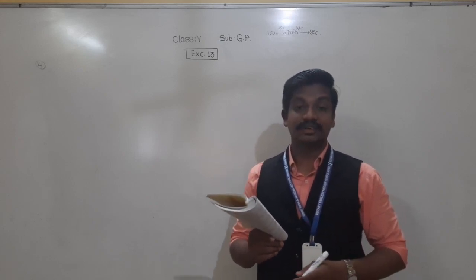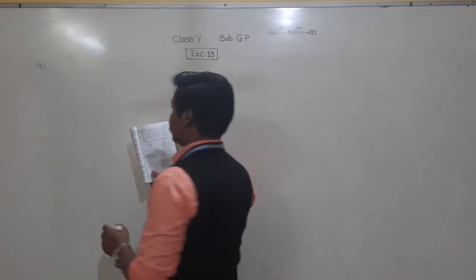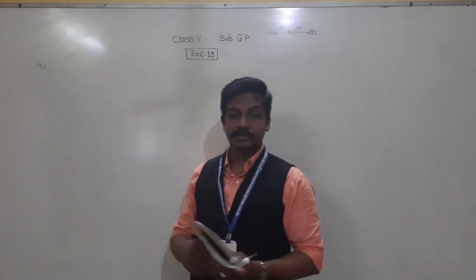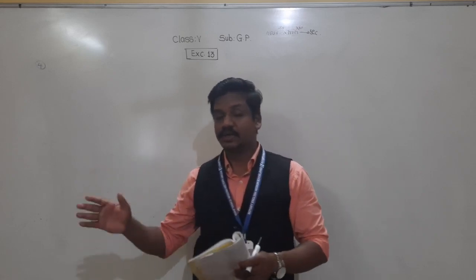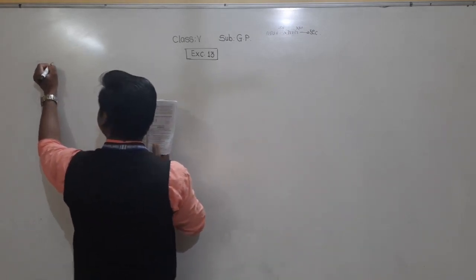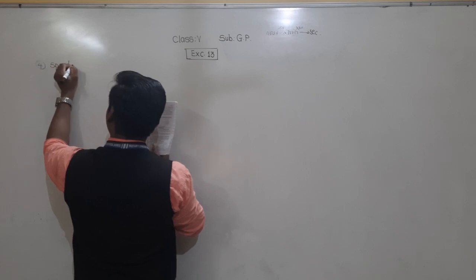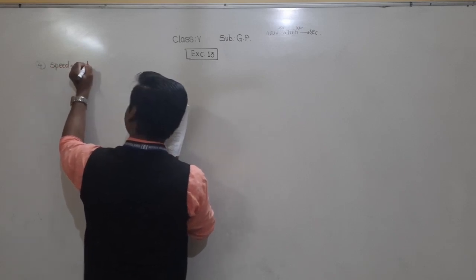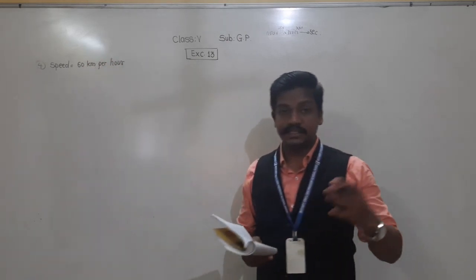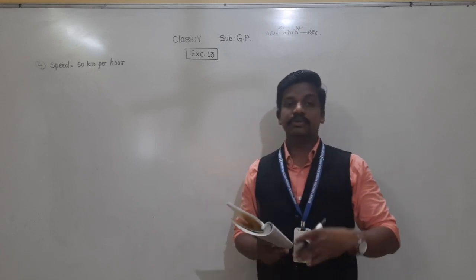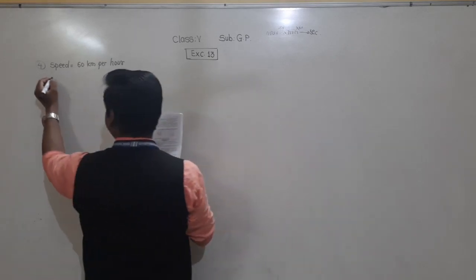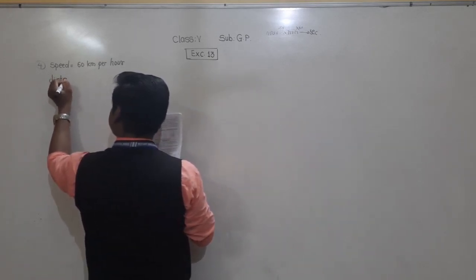When did he reach the other town? So see here what is given in this problem. This is actually a problem of speed, distance and time. Okay. So this concept of speed, distance and time we have not learned yet. Even though I'll tell you the formula, we will find it. Okay. So see what is given. Speed is given. What is that? 60 km per hour. Okay. And distance is also given. Distance from his town to where he has to go. That town is how much far? 240 km. That is distance, right?